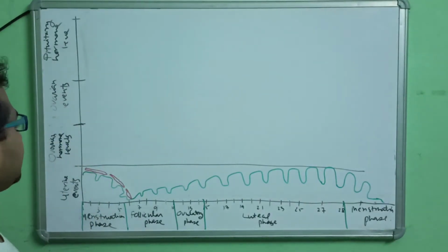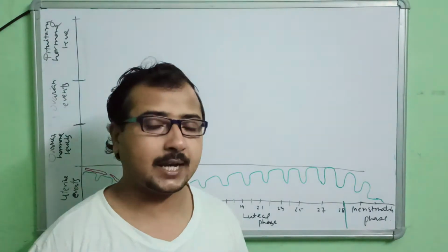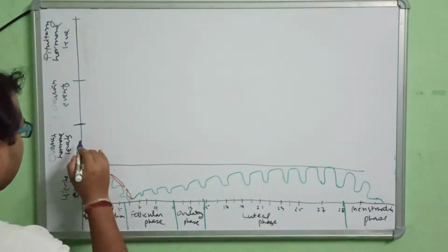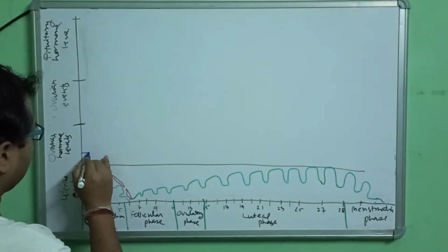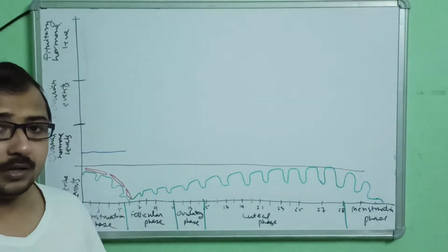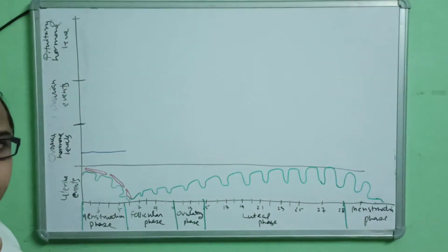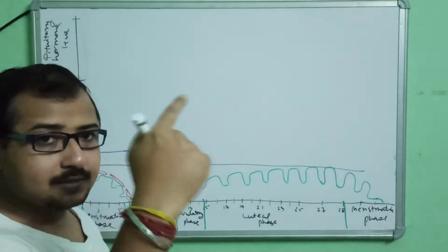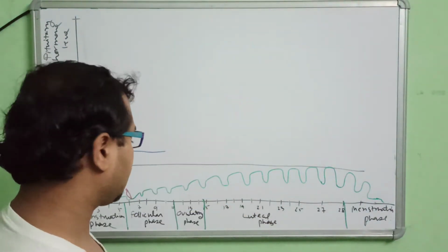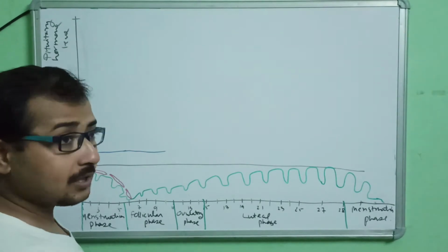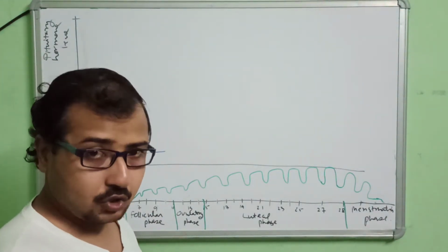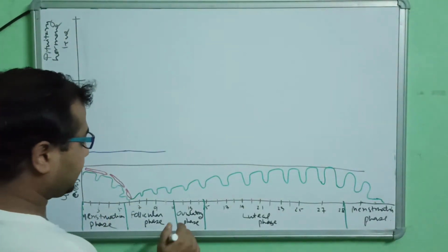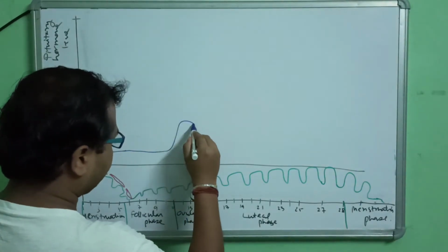Same. Ovarian hormone level, first of all estrogen. Let's talk about estrogen. I am showing estrogen with the blue. Estrogen level in the menstrual phase remains low, like this. Okay. Now in the follicular phase also estrogen remains low, if you remember, because this lower level of estrogen only triggers the anterior pituitary gland to release more FSH. In the ovulatory phase the estrogen level goes up, because follicles release estrogen. After formation of the follicle, the mature follicles start secreting estrogen in more amount. So in the ovulatory phase, estrogen level will go up.